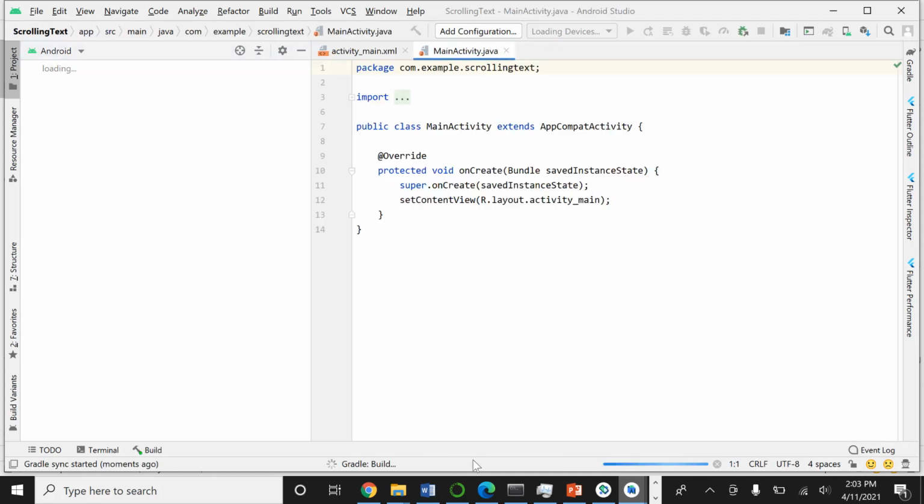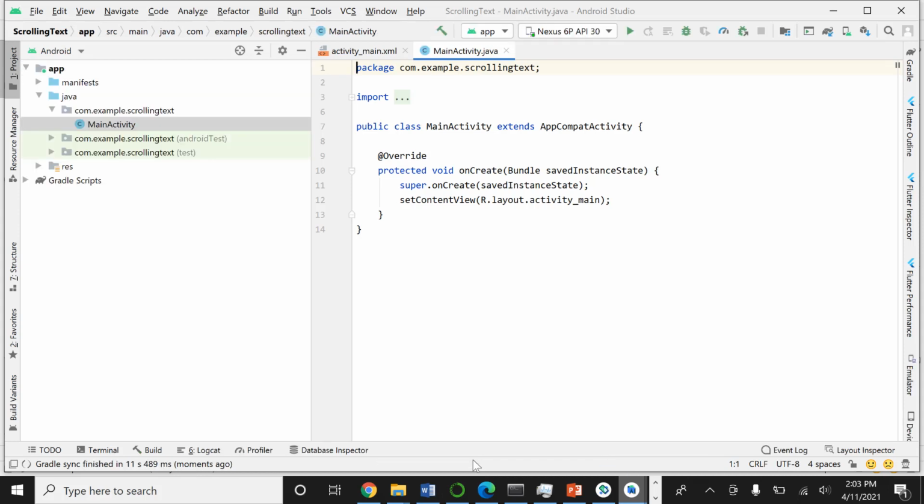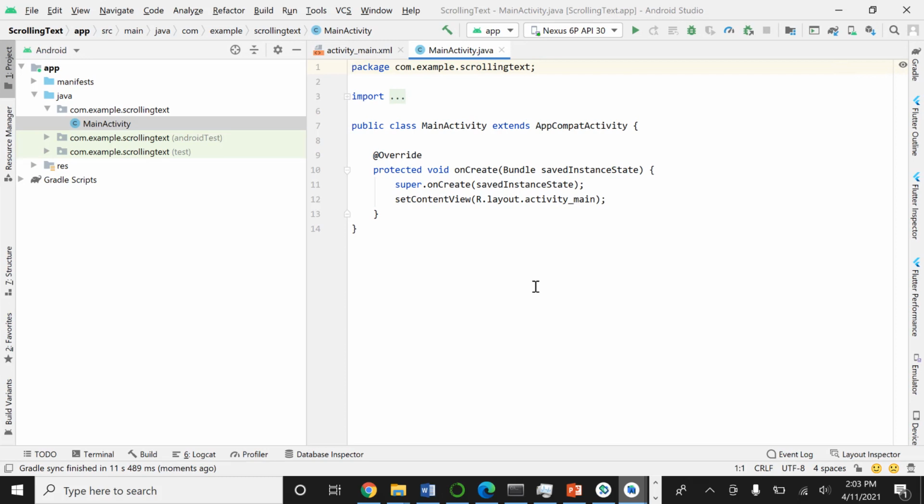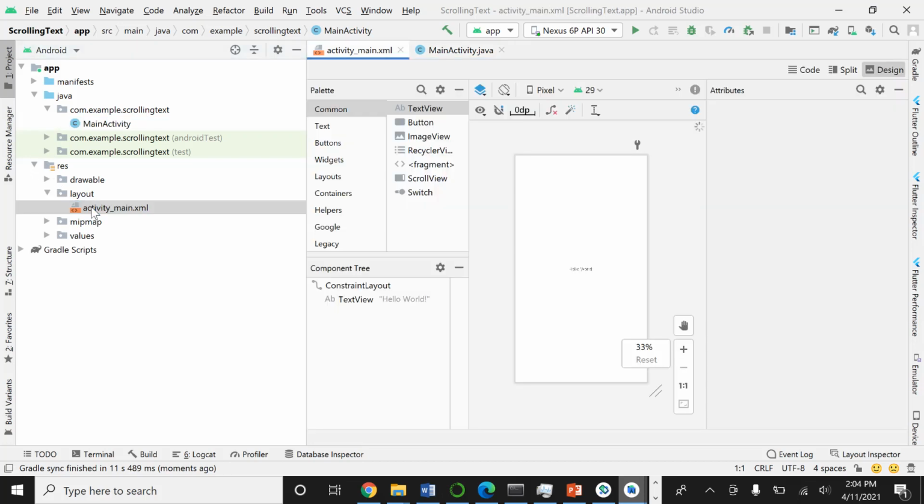Remember that Gradle is a very useful tool that synchronizes different files and makes sure that every file works exactly as it should. It is a library management tool and configuration management tool. It's a build tool. So Gradle has developed the project for us. First I'll go to the res folder and the layout folder, and inside activity main